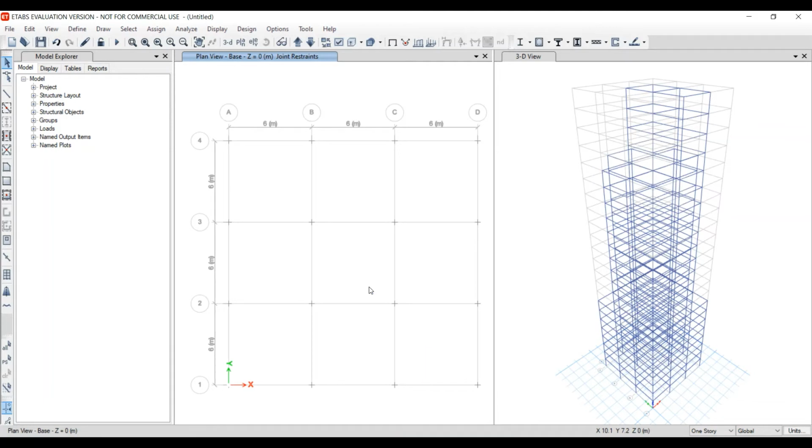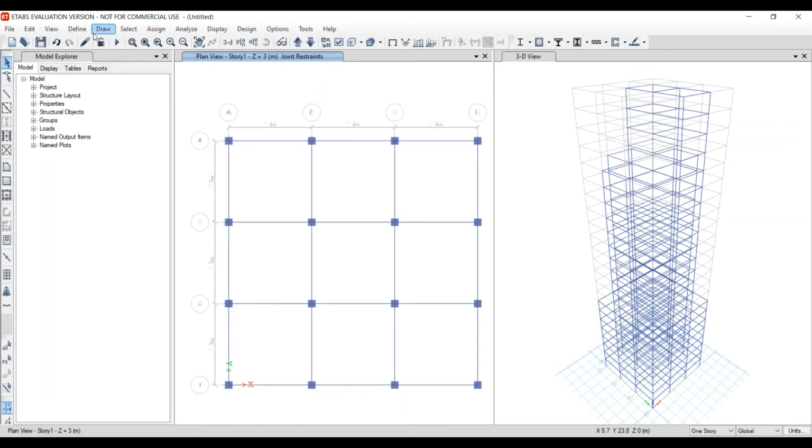Yes, we have created a grid of 23 stories and provided beams and columns, and we have defined the support.